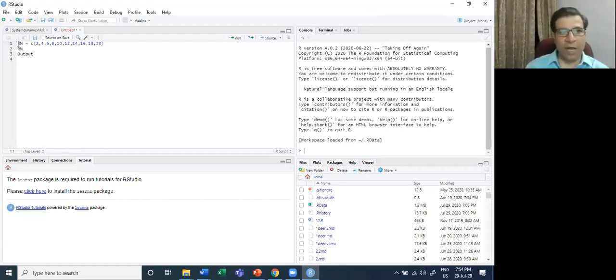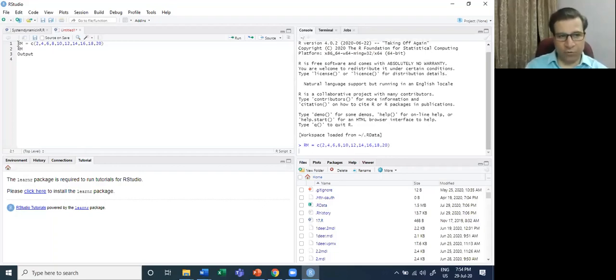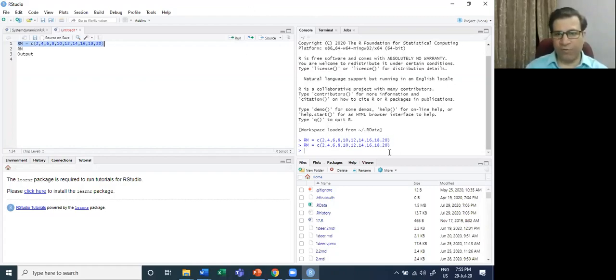So this is the R vector we have created. I run the vector using Control Enter, or you can run it from here. You can see the run command here. You can select the whole code likewise, and you can run it from here. This is the run. So you will find the reflection here. Can you see the reflection here?